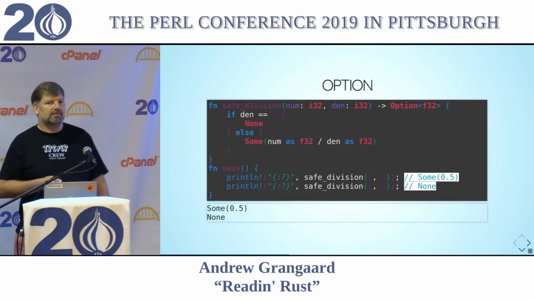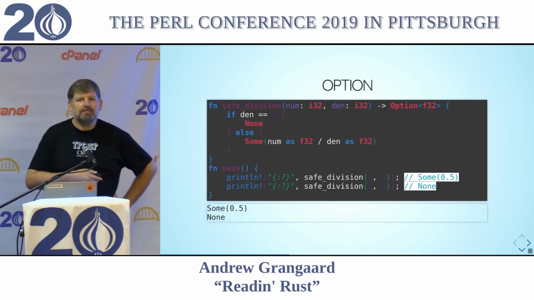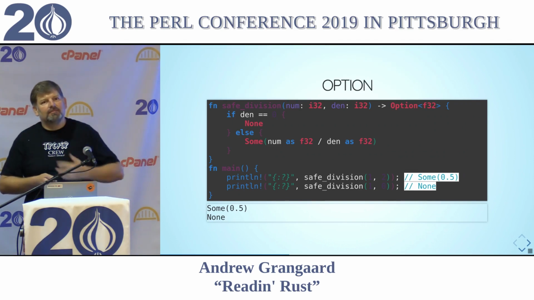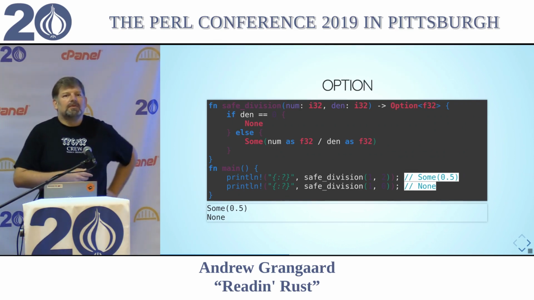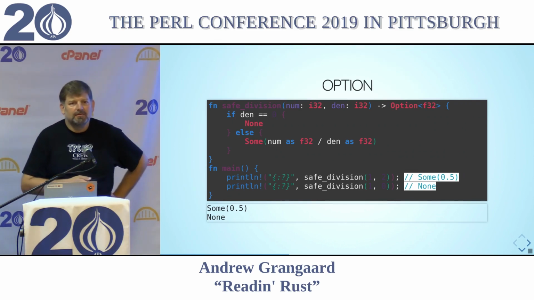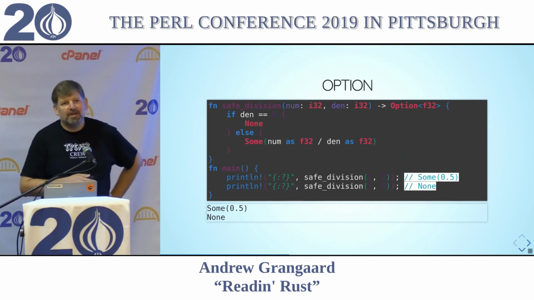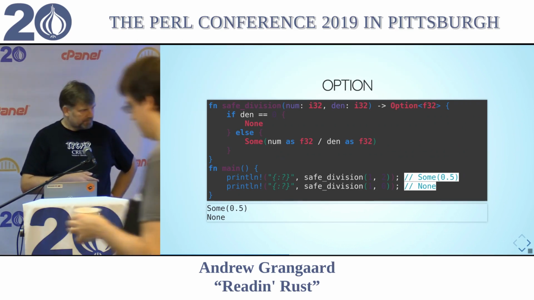Okay. Yes. There's a question in the back. So you said that both the if and the else clauses have an implicit return. Does that mean that you cannot return from the function from within those? You can. You can actually explicitly return with the return keyword at any point. They just all have to be of the same types.